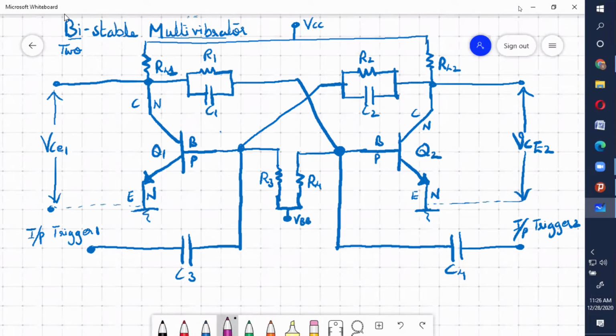Okay, this is the circuit diagram for the bistable multivibrator. See, what you have on one side, the other side also has the same thing. On each side, there is a transistor with one resistor connected to the collector, and it is connected to your VCC. The collector of this one is connected as the input to the base of the next one. So what you have on the right hand side, the same thing is there on the left hand side also.